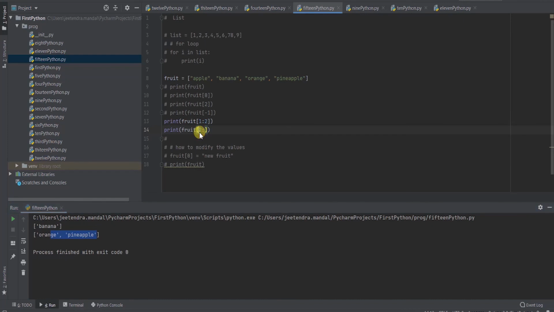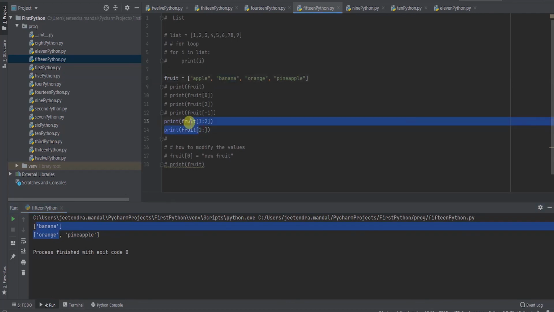So this is where to start, and there's no end, so print everything. In this case, where we need to end, we'll start with 1 and end before 2, so banana gets printed here. So we have seen how to print using the for loop part.